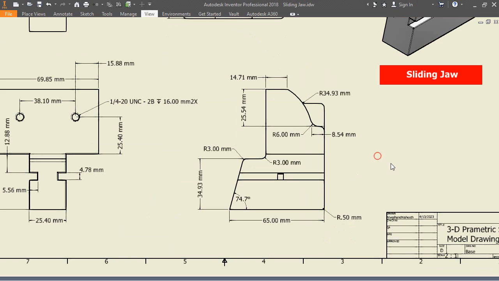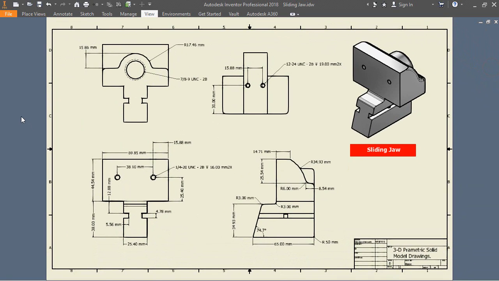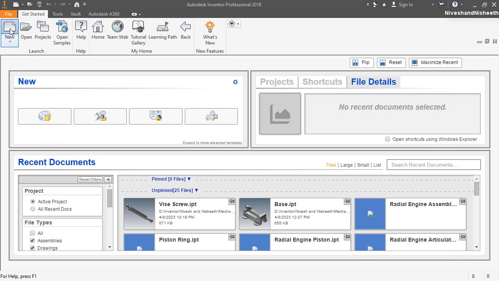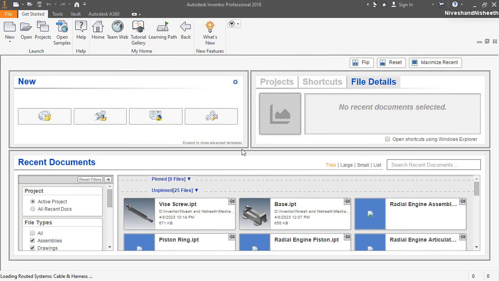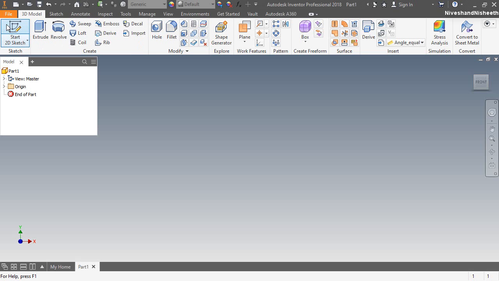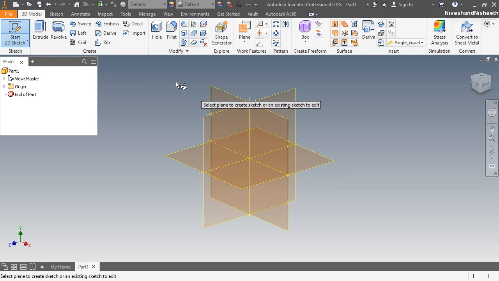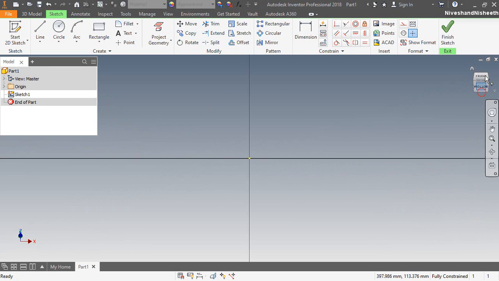So first, I am going to make it and I will tell you the dimensions of the rest of the features later. Okay, that's it. So let's start. Open a new millimeter part file from here and start the sketching on XZ plane. Draw a rectangle on here